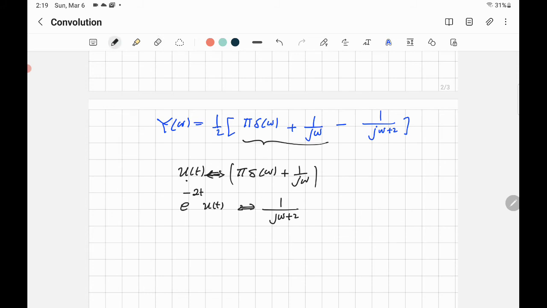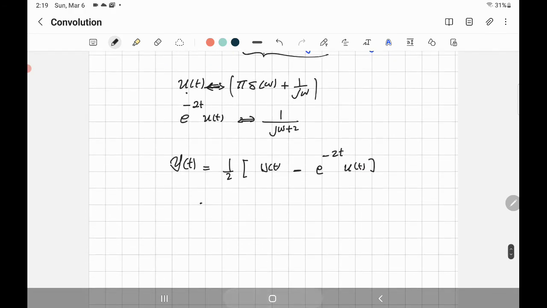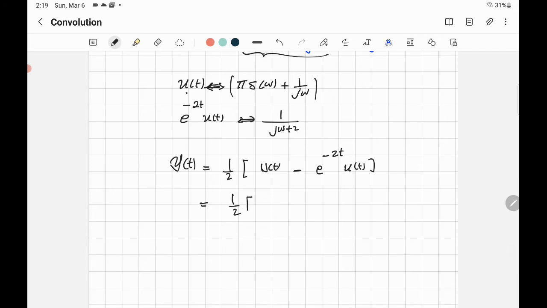Should be y lowercase of t equal to 1/2, then you have the unit step for the first term, the second minus e to the minus 2t u of t. And you can take u of t as a common factor also. So you have 1/2 times 1 minus e to the minus 2t, times u of t. That's the response